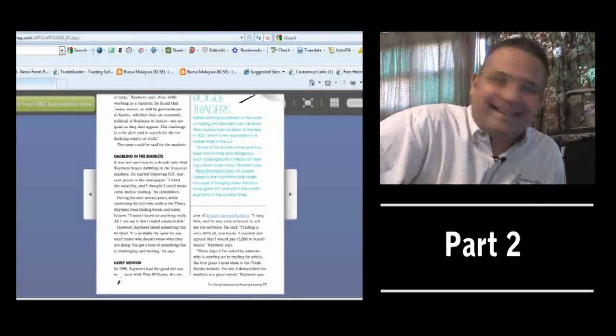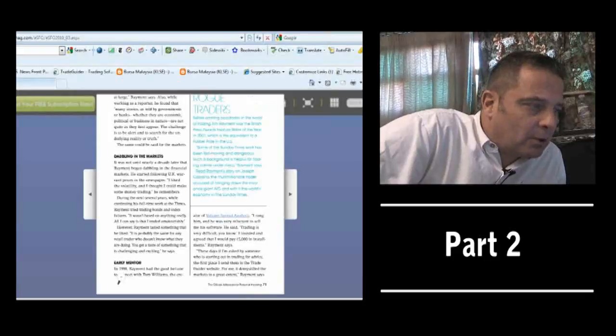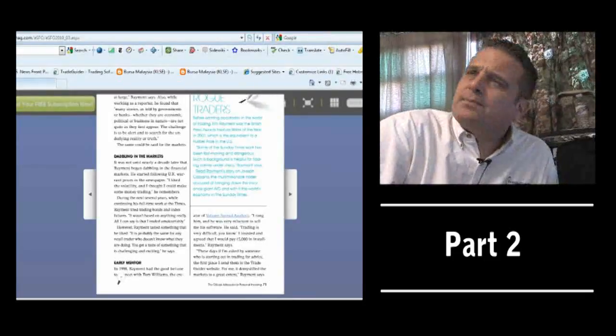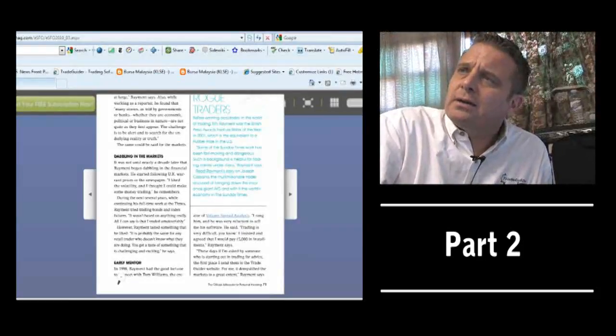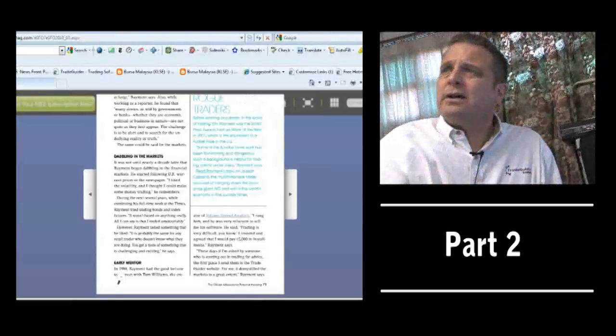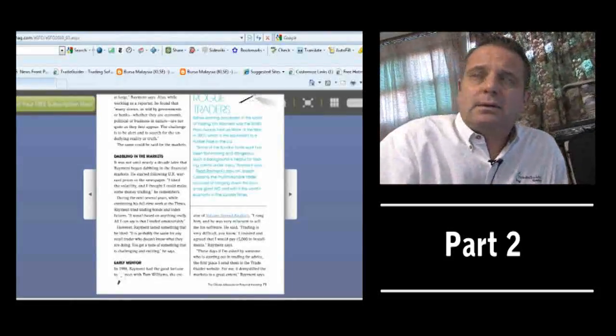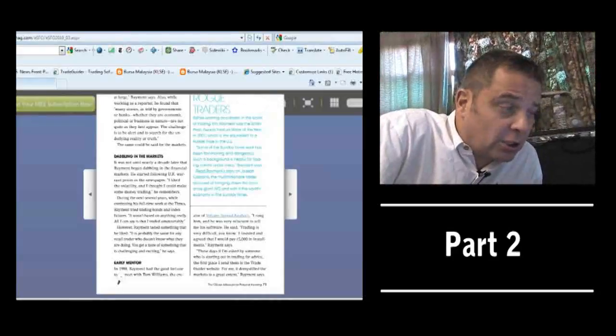Haven't we all thought that? Sounds familiar. During the next several years, while continuing his full-time work at the Times, he's a... Tom, am I right in saying he's a prize-winning journalist? Yeah, investigative journalist. And he won the equivalent of the Pulitzer Prize. Is that right? So a very intelligent guy. Oh, very. Okay. During the next several years, while continuing his full-time work at the Times,